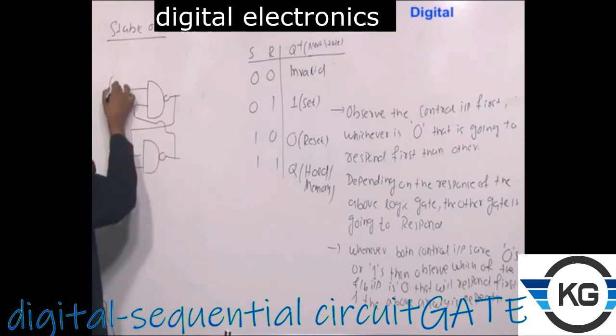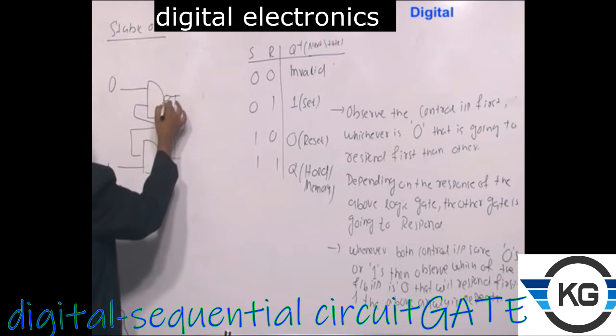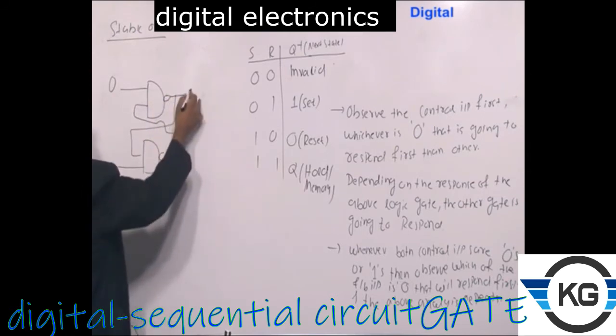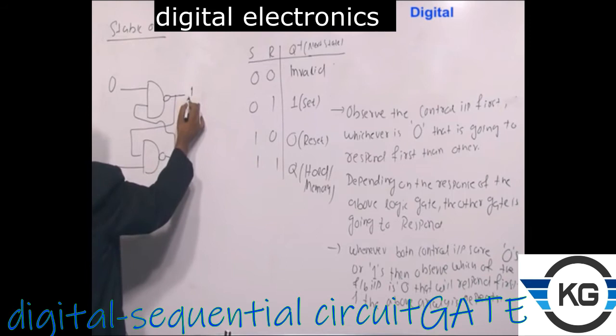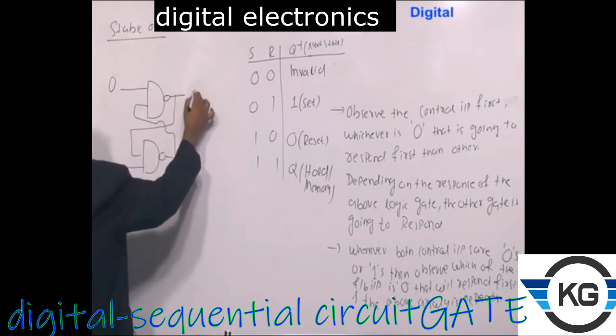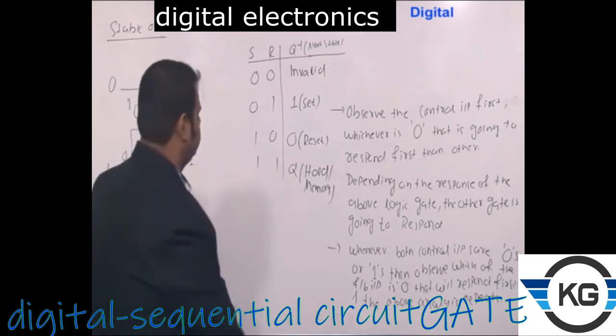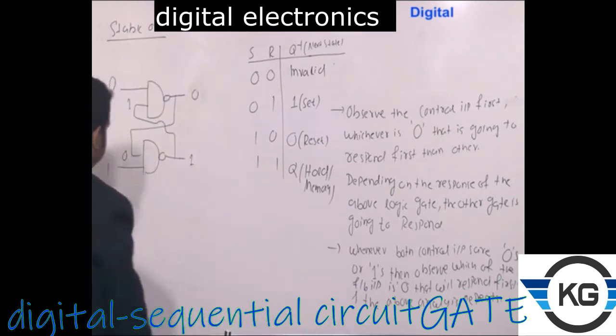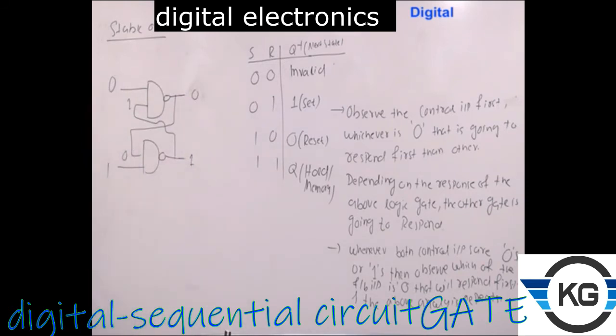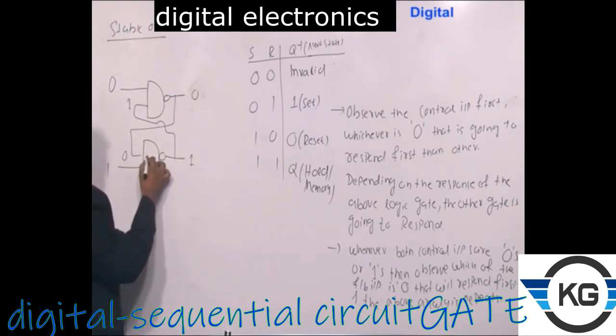So here, this is 0, 1. Let's say you are assuming something like 0, 1, only for analysis purposes. So what will happen now? This is 0, this is 1. Forget that, you do not know this thing. And let us go with the wrong approach. We know the right approach is that this will respond first. What would the wrong approach be? The wrong approach is, let us say, that this one is going to respond first.